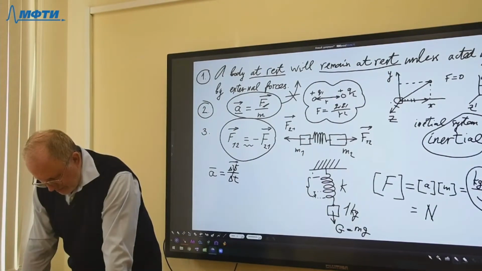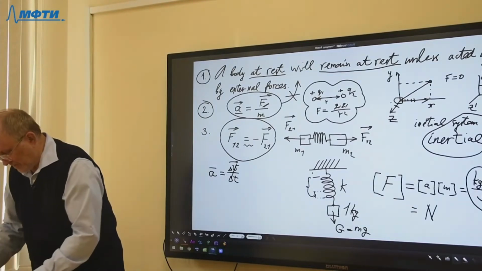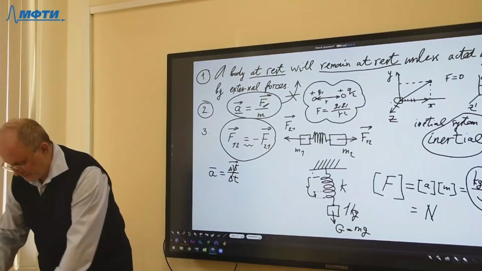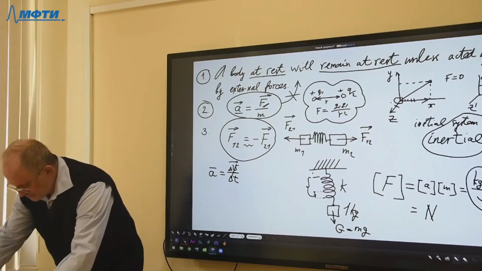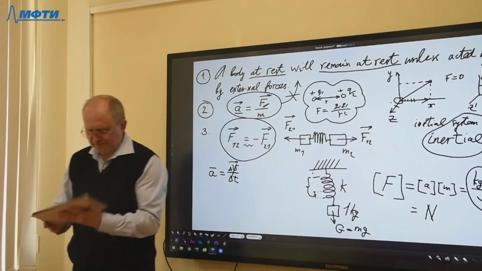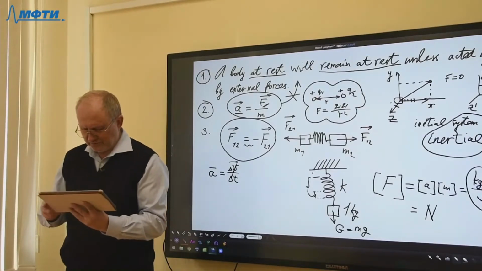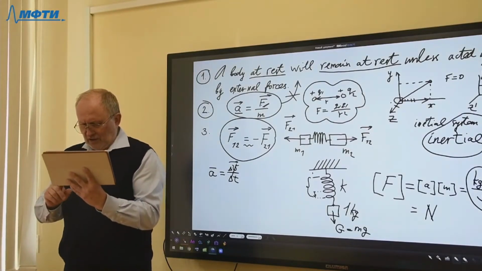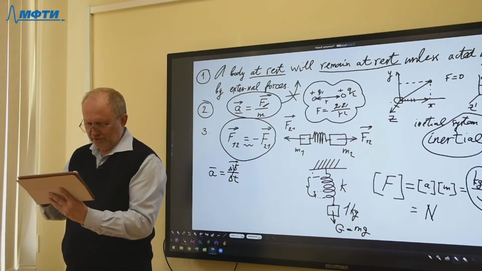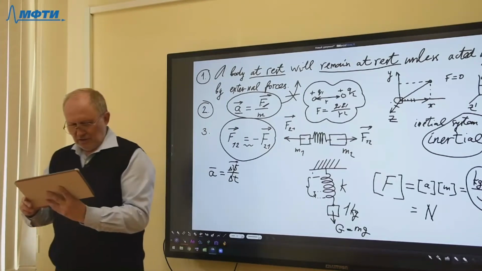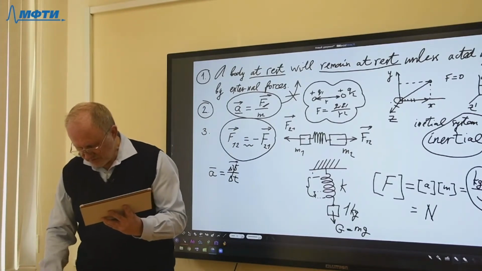And now I would like to consider some problems based on Newton's laws. After discussing Newton's laws, we will discuss the solution of problems. Certainly, we will use Buchovtsev's collection of problems in physics. And the problem I would like to discuss